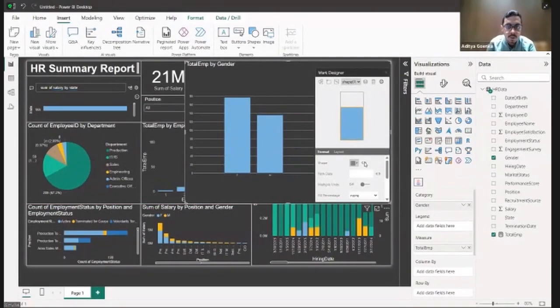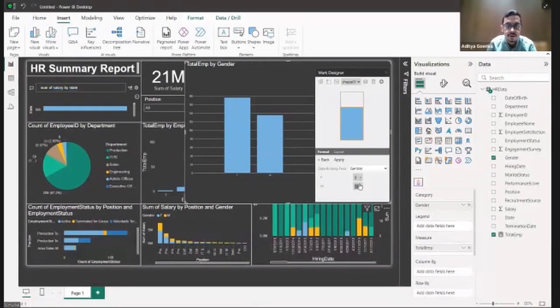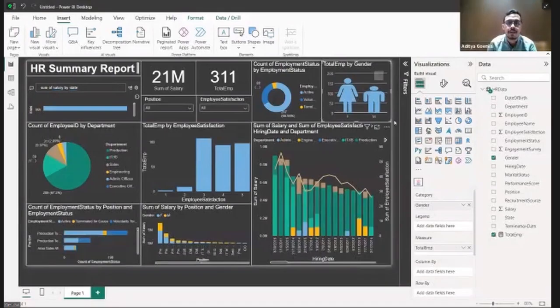Now I go over here to this data binding. Now over here, I'll click on gender. Data binding field gender. Then for female gender, I'll go to people and choose the female gender thing. For male, I'll click over here and choose the male gender thing. Then I'll click on apply. As soon as I click on apply, it is done. And now I can reposition this, I can remove this, and reposition it, and my work is done.